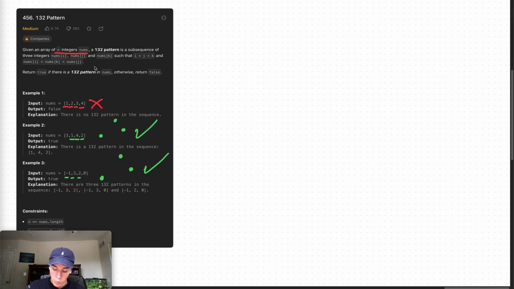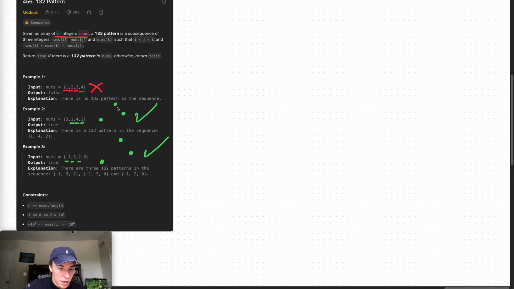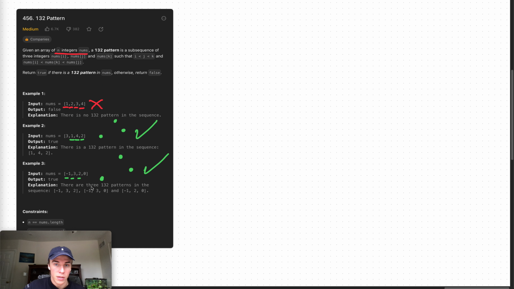However, let's look at the size of the array. The size could be up to 10 to the fifth. So it's going to be O of n cubed, which, there's no way that that's going to be possible, right? So we probably have to do it in one pass, and in one pass, the idea that I get right away is,